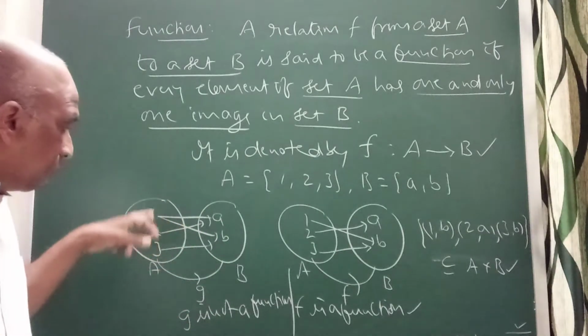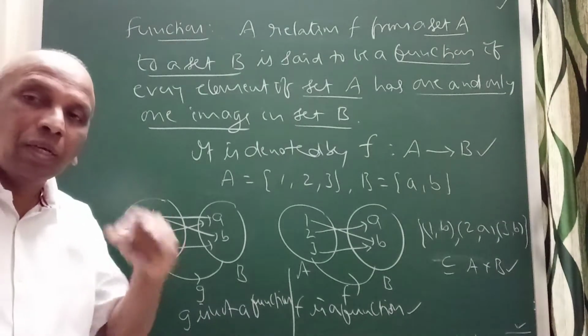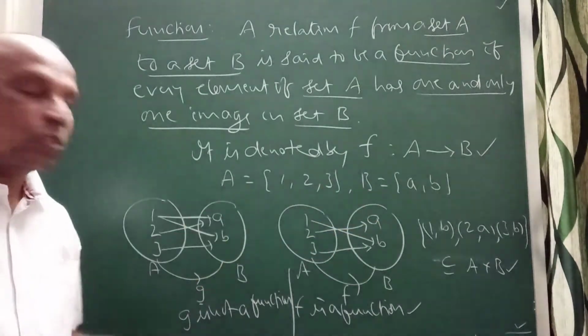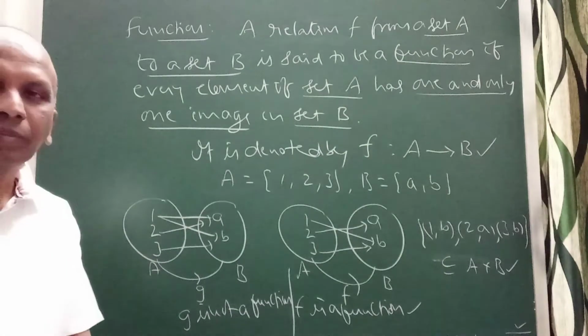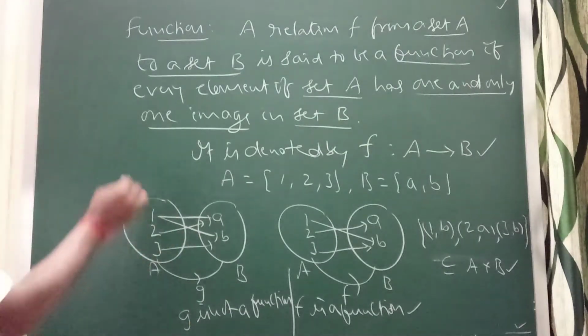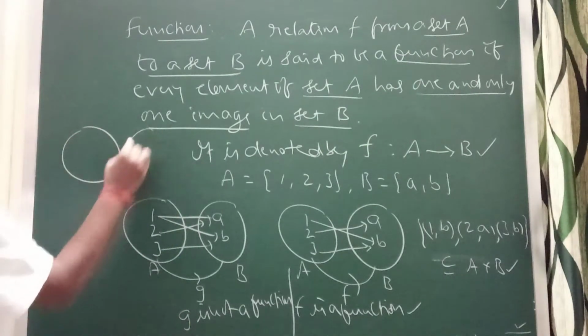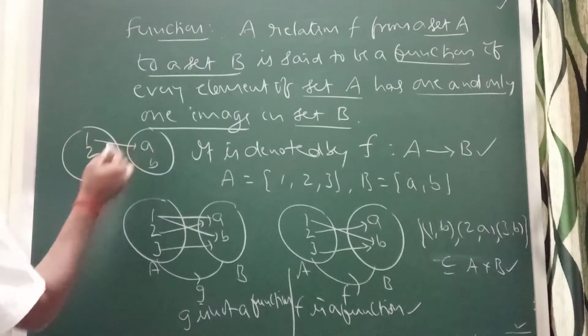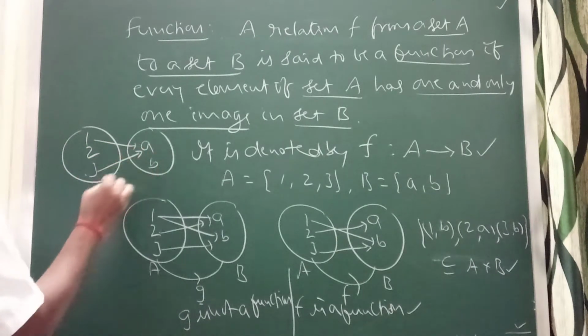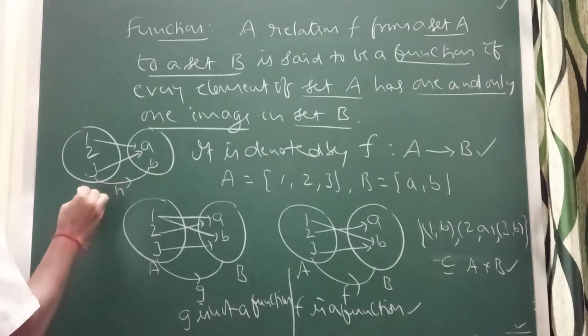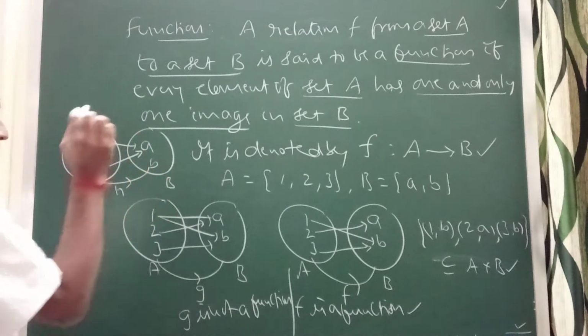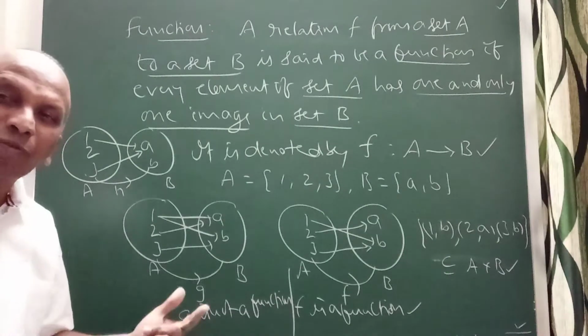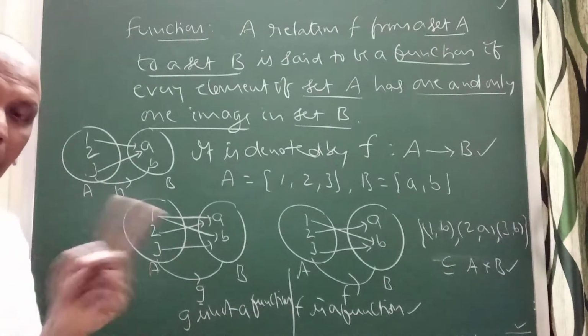Suppose every element of A has only one image, then it is a function like this. So it is not a function here. Clearly it is not a function. Let me take one more example. I have taken 1, 2, 3 and A, B, with 1 to A, 3 to 2, and so on. Let it be H from A to B. Is H a function? No, it is not a function.